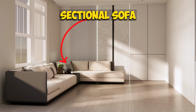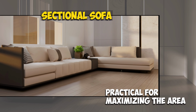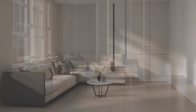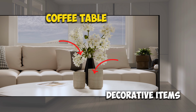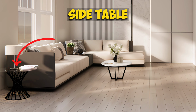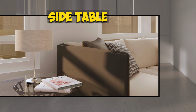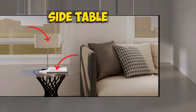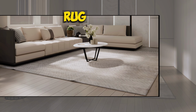This sectional sofa is positioned at the corner, which is practical for maximizing the area, making it suitable for family gatherings. The coffee table is placed in front of the sofa with some decorative items on top of it. A side table was placed beside the sectional sofa, decorated with a few carefully chosen items, a minimalist lamp, or a couple of books. Then, a rug is placed under the coffee table, extending to the seating area to anchor the